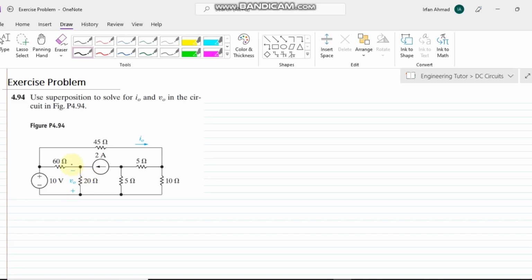Okay, so now let us consider first this voltage source and representing the current source with its internal resistance here. As we are considering the ideal current source here and the ideal voltage source here, the internal resistance of the ideal voltage source is always 0, while the internal resistance of an ideal current source is always infinite. So now considering the